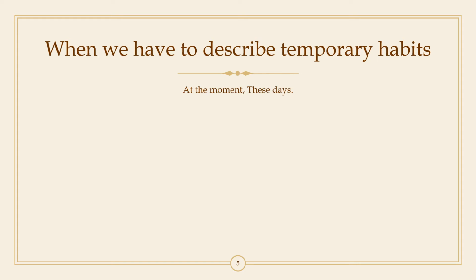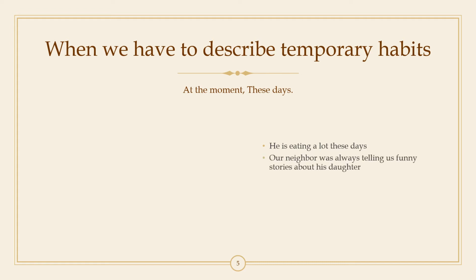Now, like the words we used like always, constantly in the previous example, in this we use word phrases like at the moment and these days. So you should remember, even if you employ continuous tense, only if you use these word phrases, for example, only then you could use them to describe temporary habits. Now, let us look at examples. I don't want to go a little more deeper into this because I have given you enough time in the last slide. So, let us move forward very quickly. Look at the example here. He is eating a lot these days.